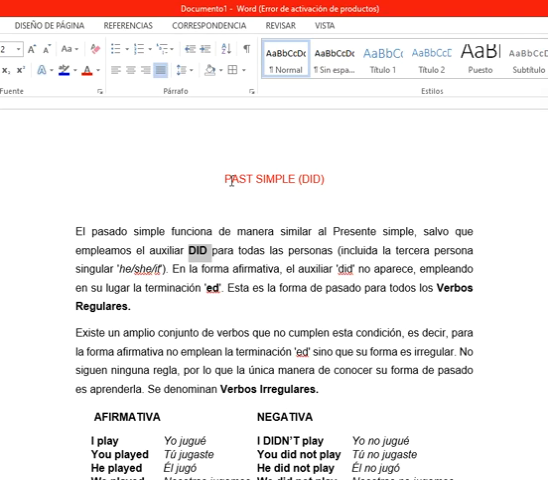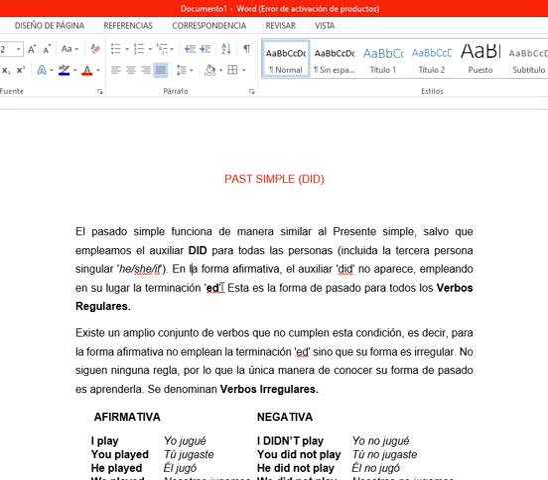Today's class is about past simple with the auxiliary did. This auxiliary is different from the ones that we learned in the present simple, which were does and do. In this case, did is going to work with all the present pronouns, including the third person singular. Okay,